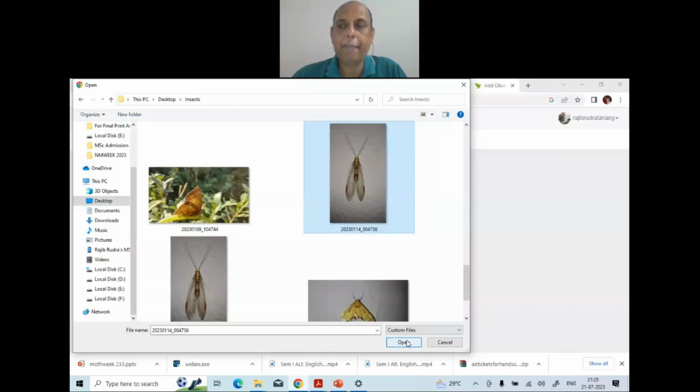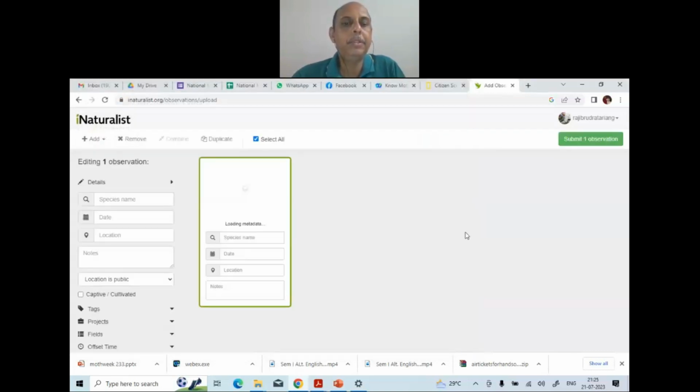Can anyone say what would be the name of this particular insect? It is a lacewing. Here you see the date was taken on 14th January 2023,